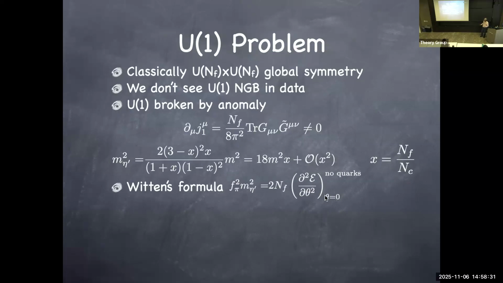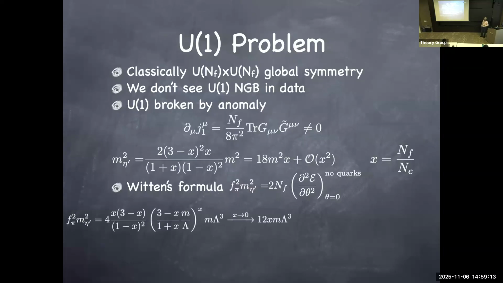So you compute this topological susceptibility in a theory with pure Yang-Mills, no quarks in it. And then he argued that that topological susceptibility in the theory with no quarks is related to the mass of the eta prime with quarks. And of course, when you have massless quarks in the theory, the theta parameter is unphysical. You can rotate it away. So there's no topological susceptibility in the theory with quarks in it. So no wonder why he had to do it. But they are different theories. You're comparing a no-quark theory with a quark theory. And in the large N_C limit, they're supposed to become equal. And that's the Witten statement.